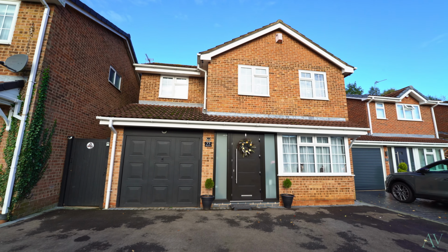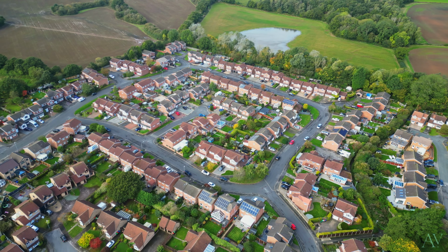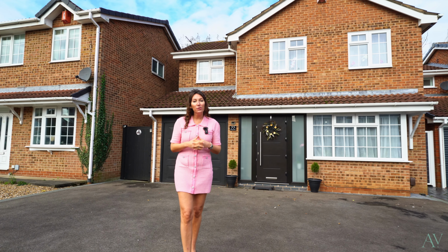And let's not forget the excellent commuting links, including the Hucknall tram station. This 4-bedroom detached property I'll be showing you around is situated in this peaceful neighbourhood and has been beautifully renovated